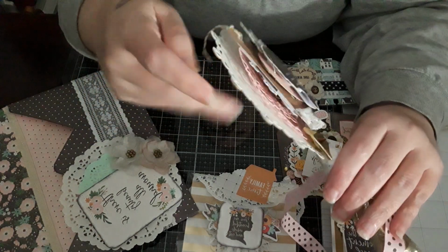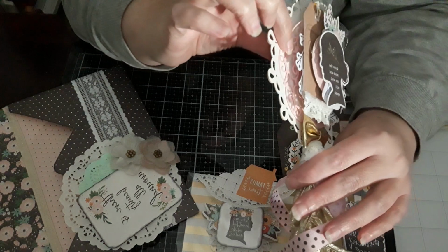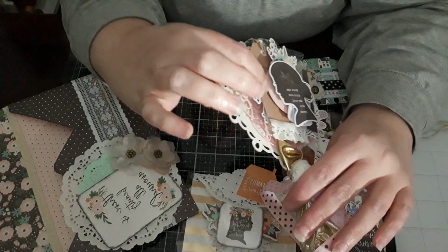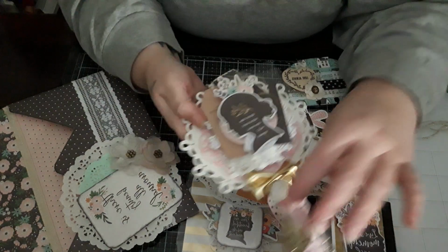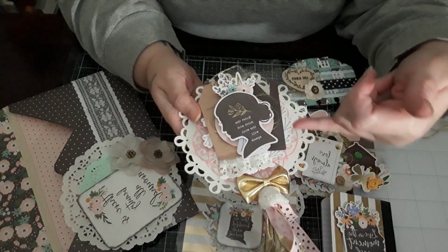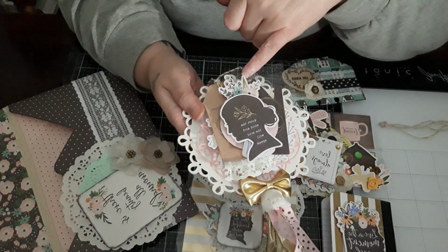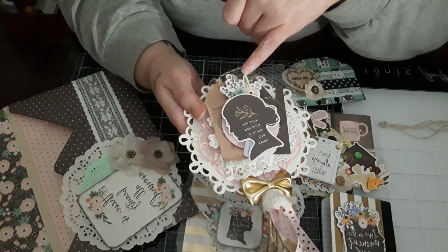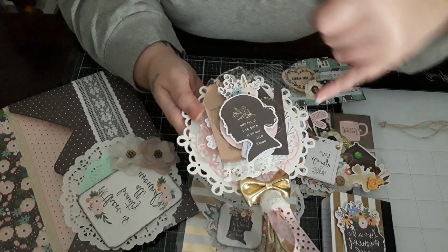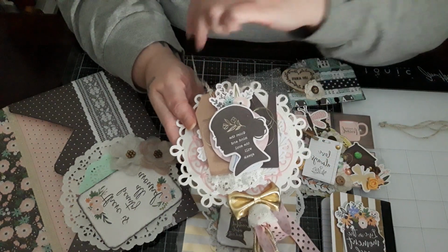And then we have this pink one on dimension. Then I have a small rosette. Then there's ephemera here. Then a tag, then a circle and a house embellishment, both on dimension, as well as these two. I used this one. It actually has that little flower pot, but I used it just for the florals to kind of give her a crown. And then there's gold thread in there, and I threaded the